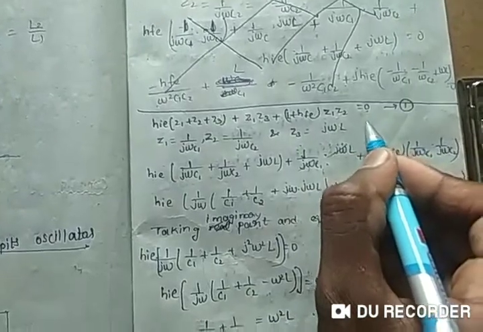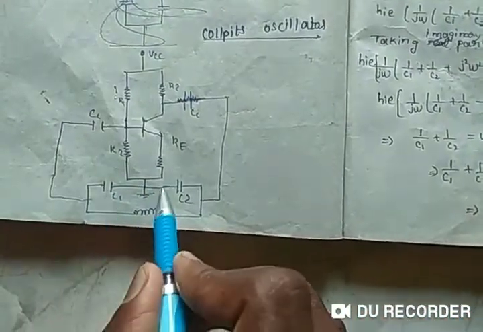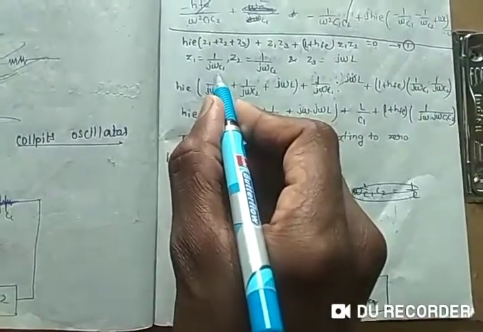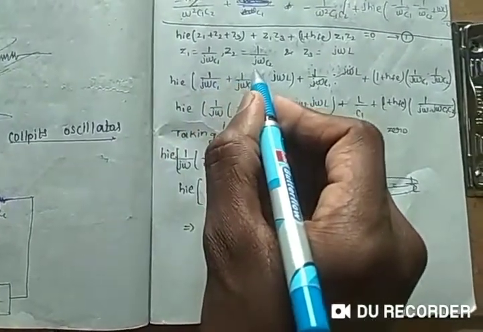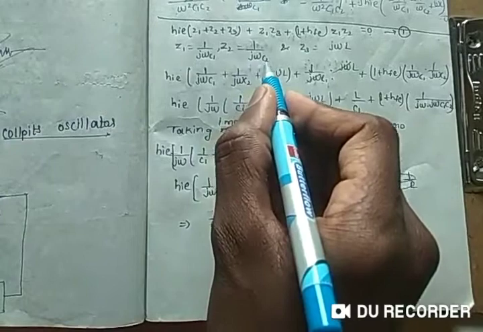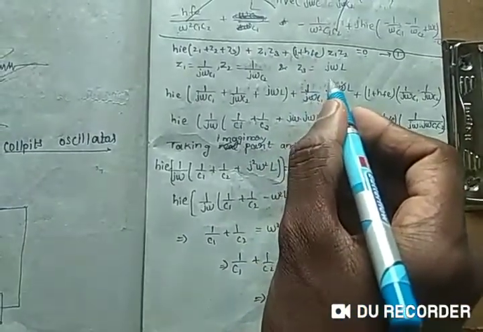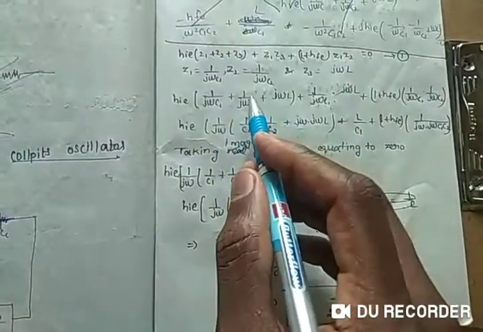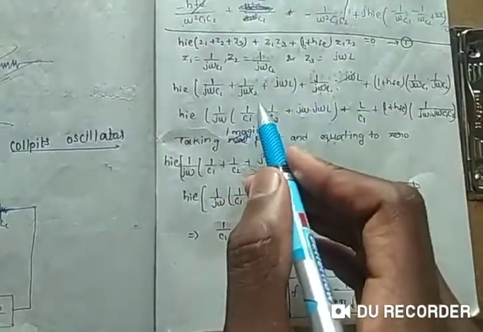0. And here we are using two capacitors C1 and C2 in parallel with L, and that's why Z1 is equal to 1 by j omega C1, Z2 is equal to 1 by j omega C2, and Z3 is equal to j omega L. Substituting Z1, Z2, Z3 values in equation 1,